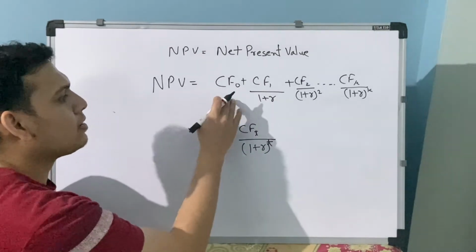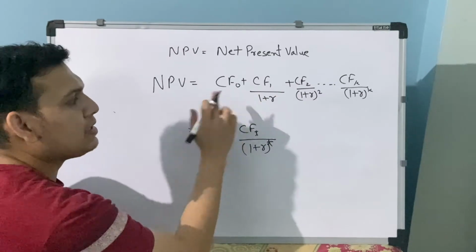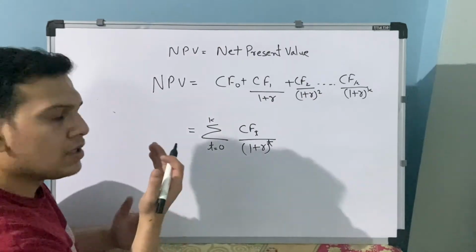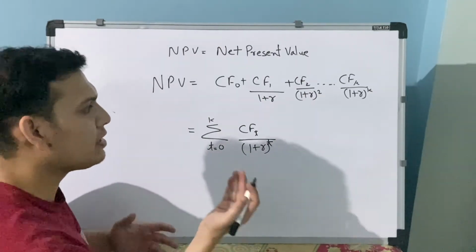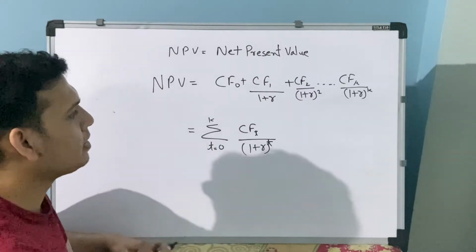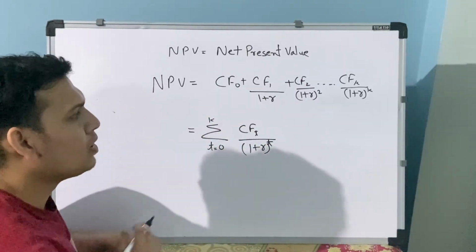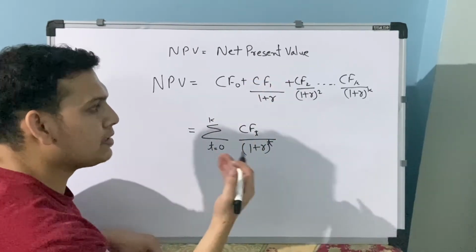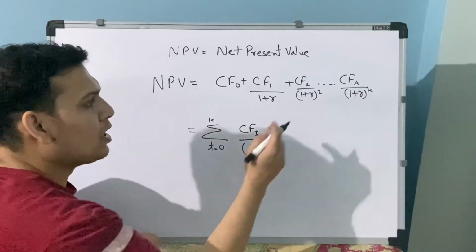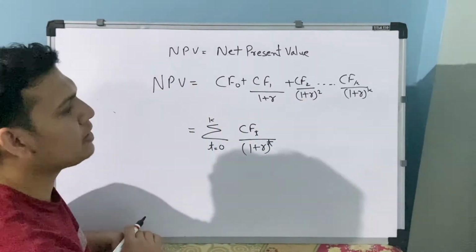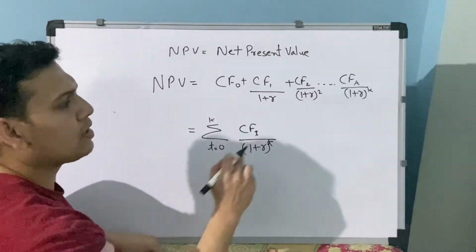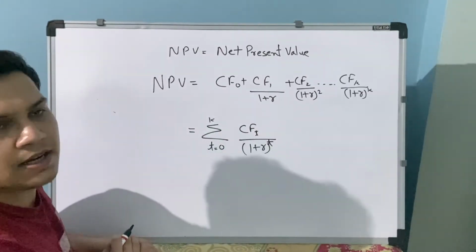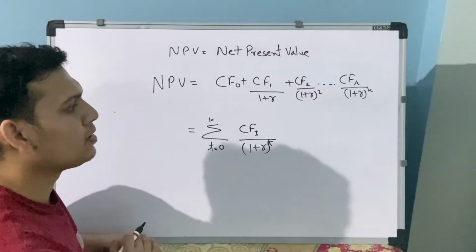Here we can see that there are multiple cash flows. One is in year 0, that means the initial cash flow. One in year 1, year 2. If it is negative, it means that we are paying. If it is positive, that means we are getting the money. We are discounting the future years' cash flow. Since it is 2 years down the line, we are discounting it twice by the same rate. That's why we discount by 1 plus R to come to this year, then again discount to come to this year. That's why it is 1 plus R whole squared. For the kth year cash flow, we are discounting it k times. That's why it is 1 plus R to the power k.